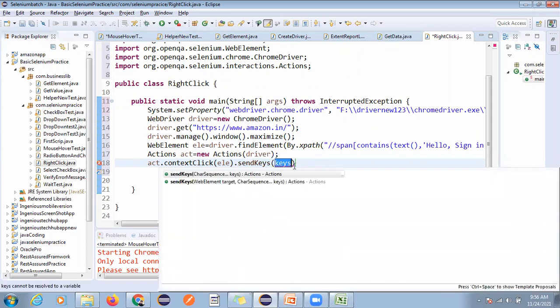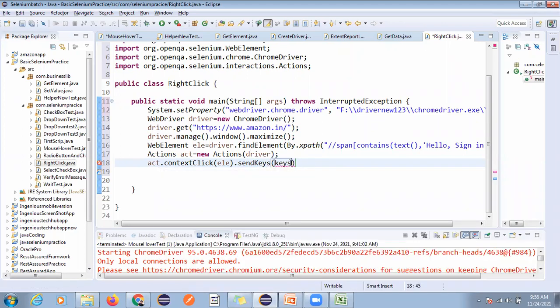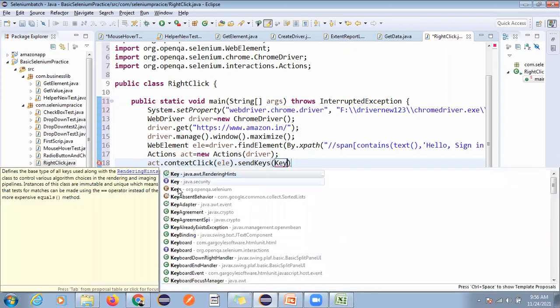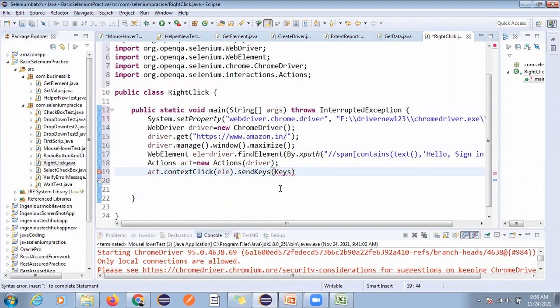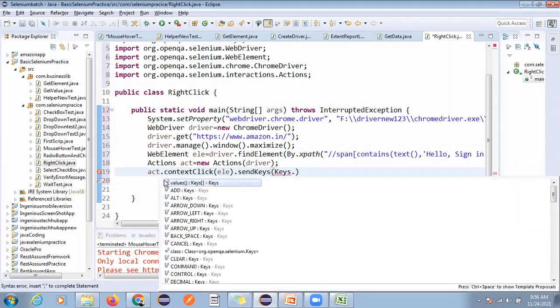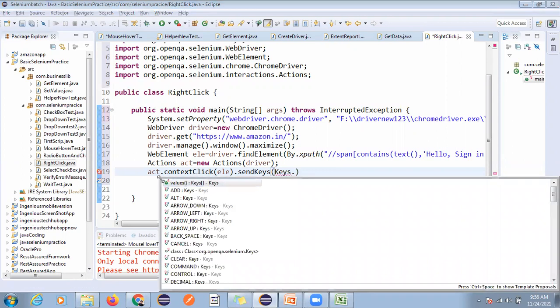In Keys, we have the enum class. This enum class has all the keyboard operations. You can see we will get all these keyboard operations.